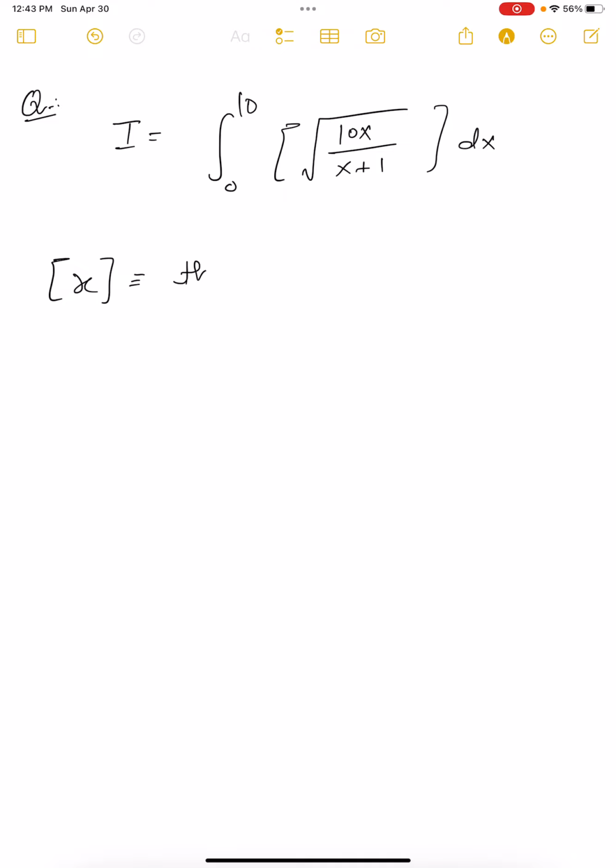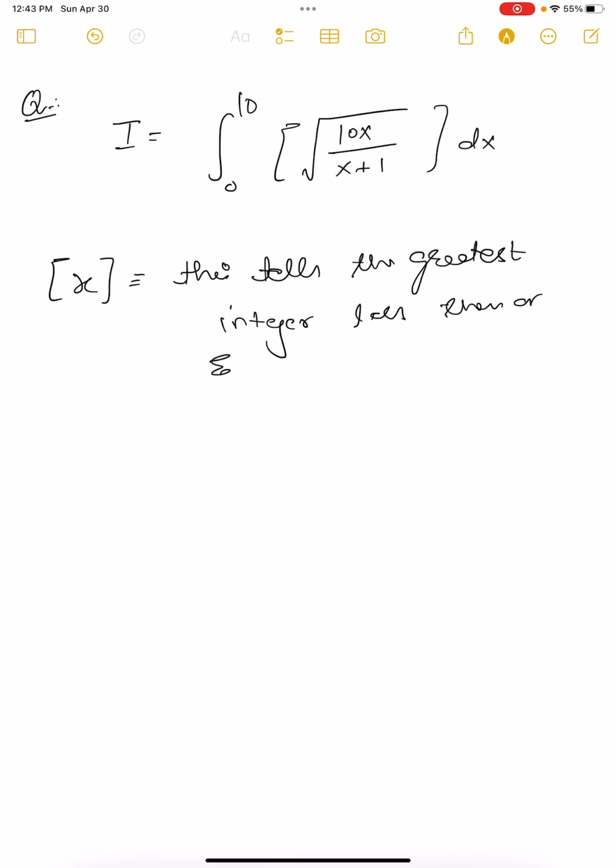This tells the greatest integer less than or equal to x. So if it is written like 3.14, that means the greatest integer which is less than or equal to 3.14 is 3. If something is written like 4.16, then the greatest integer less than or equal to 4.16 is